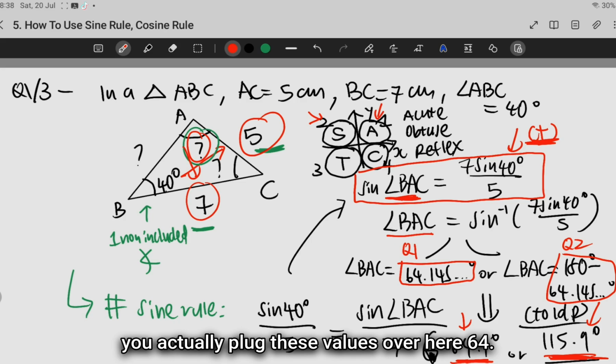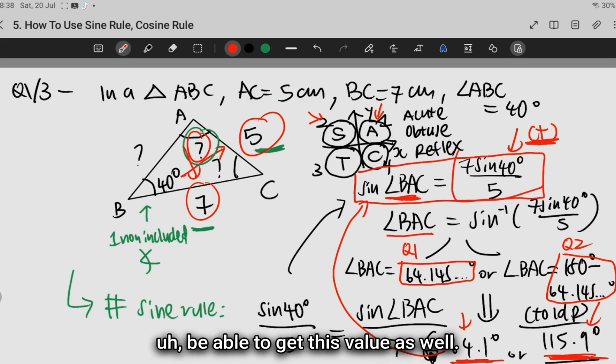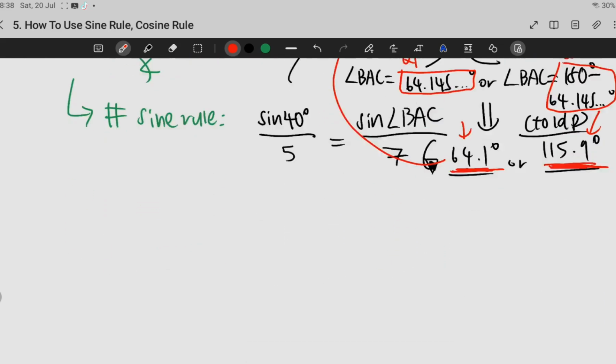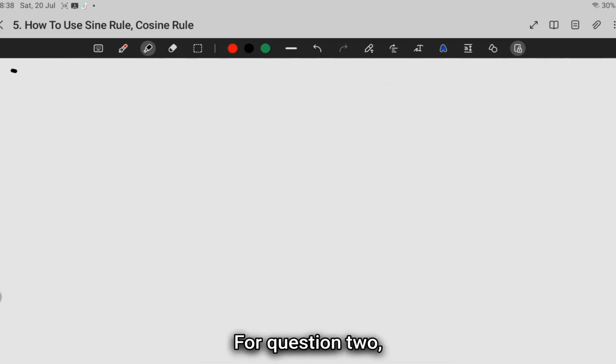And if you actually plug these values over here, 64.1 and 115.9, back into sine angle BAC, you will be able to get this value as well. You can go ahead and check your answer if you do not believe me. Okay, so that is for question 1. For question 2,